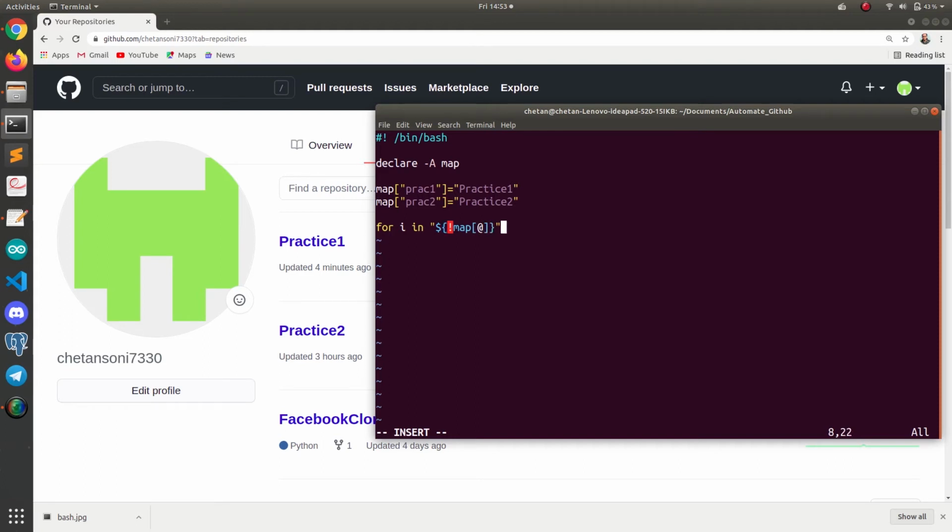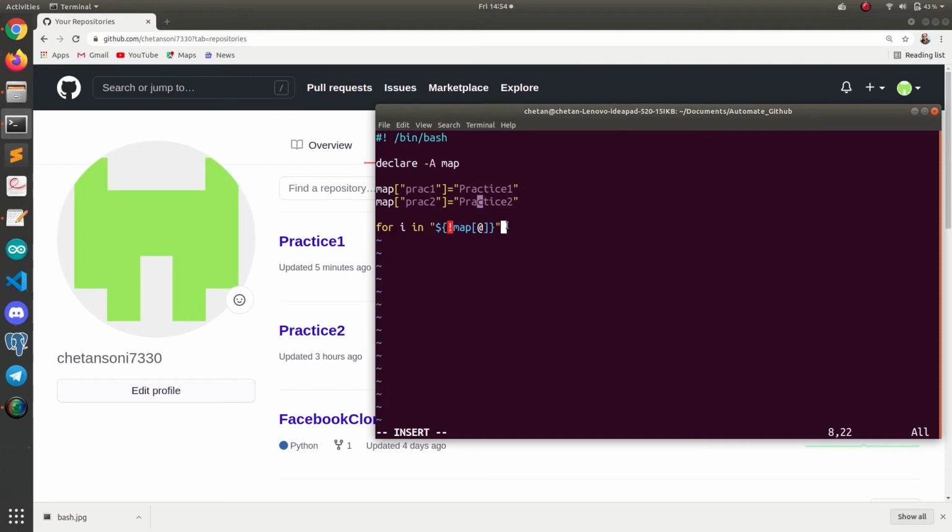What this @ command will do is access every key present inside this map dictionary. Okay, so I am using this exclamation mark. The exclamation mark means it is only going to access the keys only, not values.